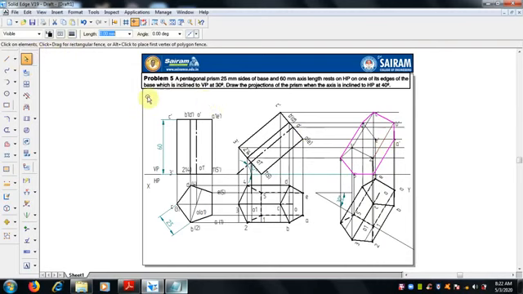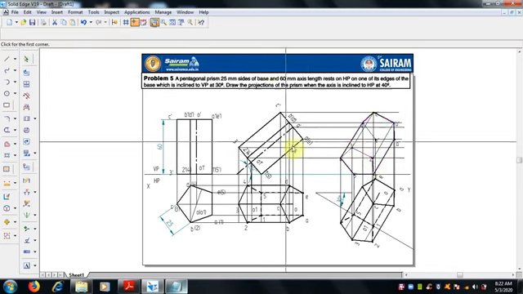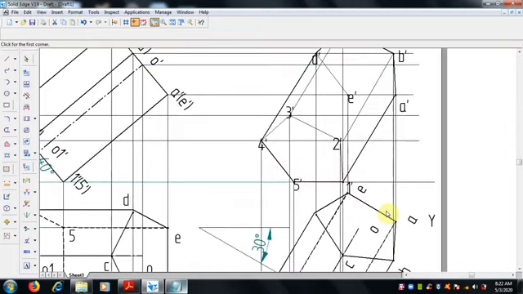So select again, select this, zoom, I want to zoom it. So select 3, 4, 2, 3 and 2, 1. Select this 0.5 mm thickness.